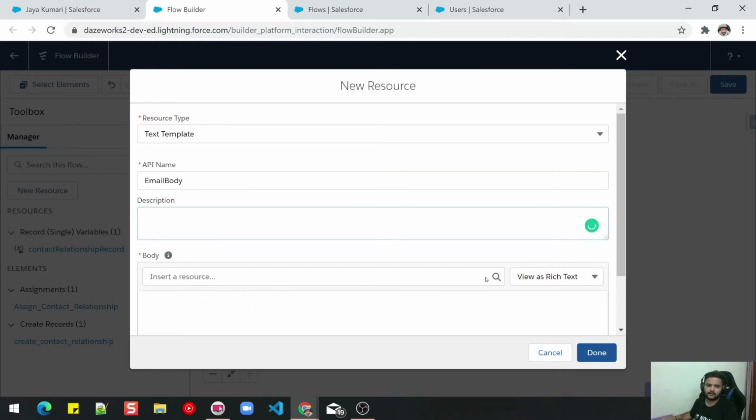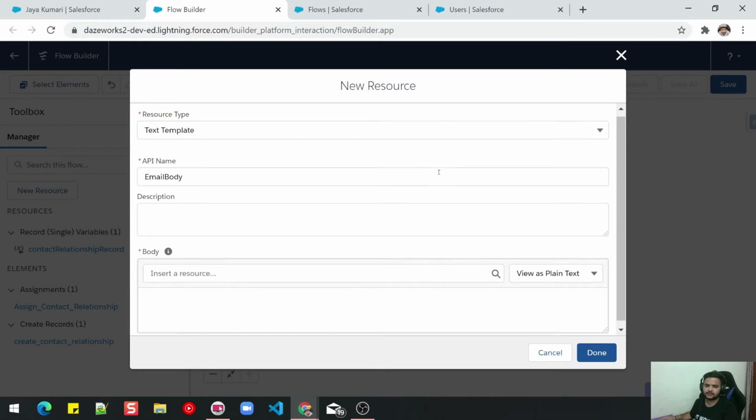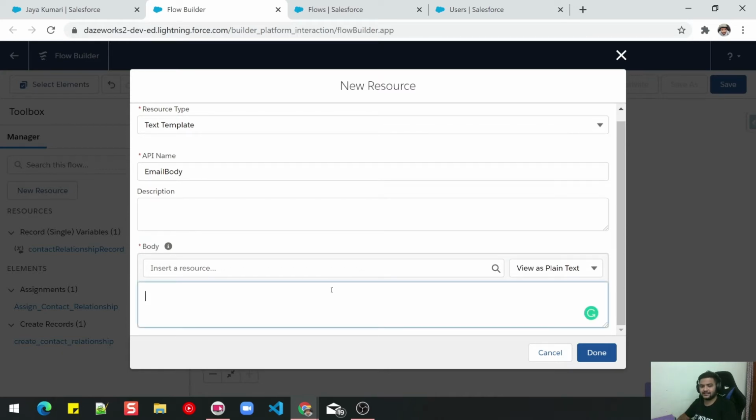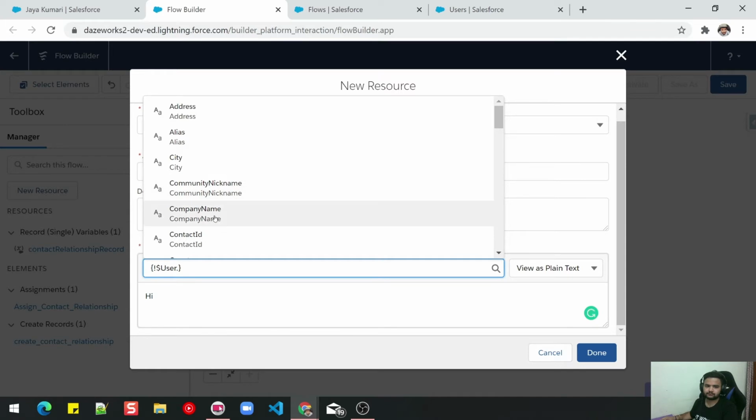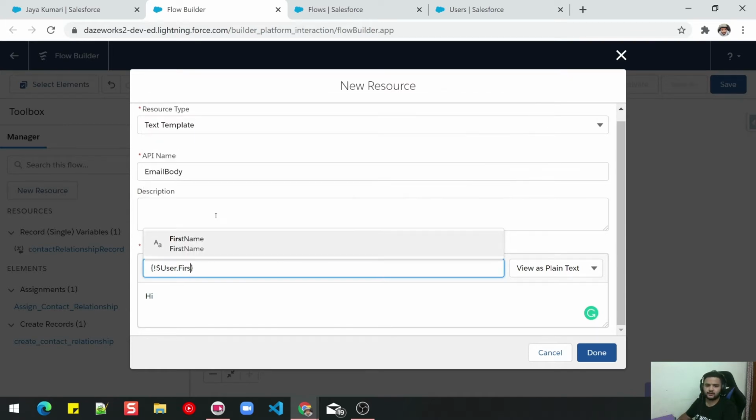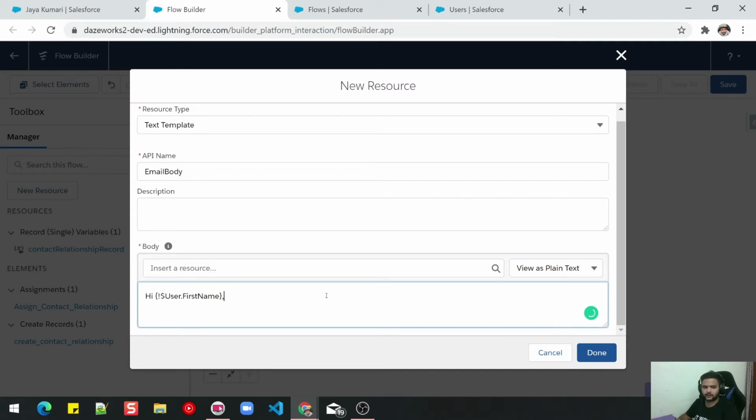And here I will change this to plain text because I don't want the HTML coding to be coming into my emails. And I'll say hey, then I'll select the current user, and then I will select first name because I want to say hi first user name.